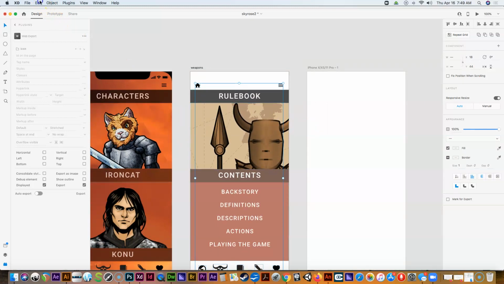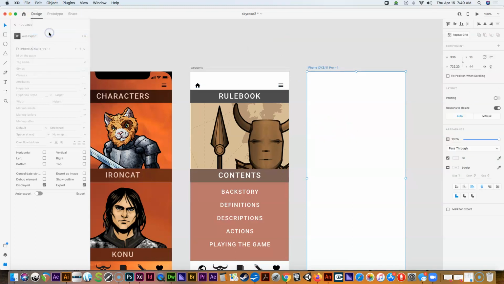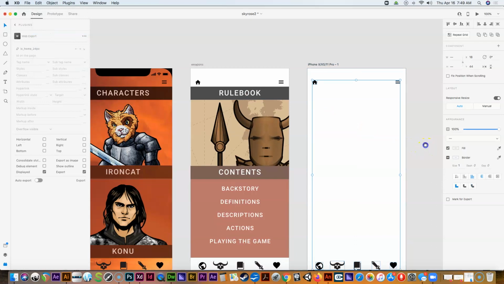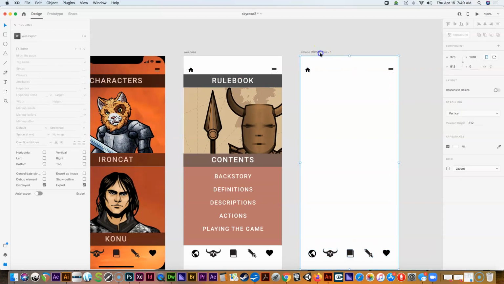Now, I'm hoping, let's see, if we copy this, that there's some kind of paste in place thing that will happen over here. Let's see, paste. It looks pretty good. Looks like it pasted them in place, which is completely awesome. Okay. Now, I can give this page a name if I want. But basically, it's just sort of a fake page that I made just so I can easily export all those